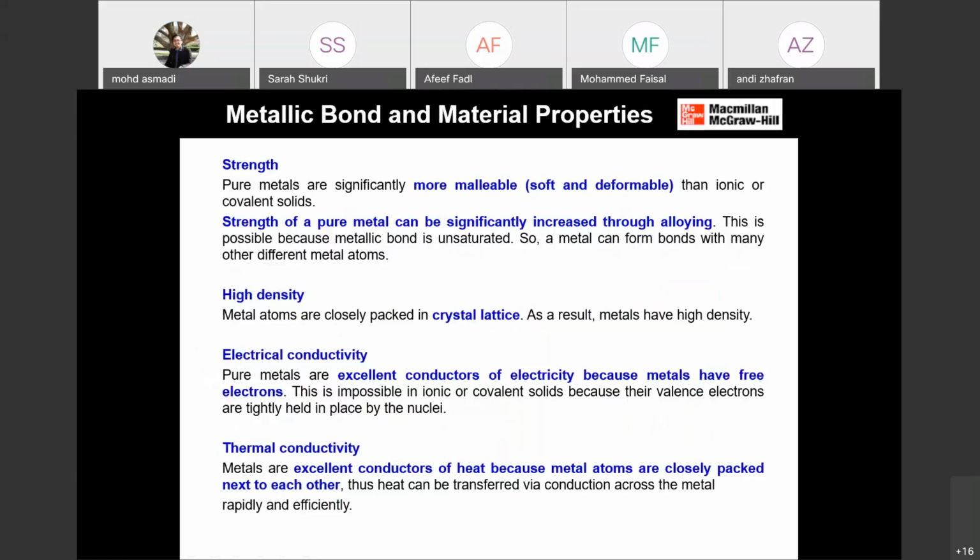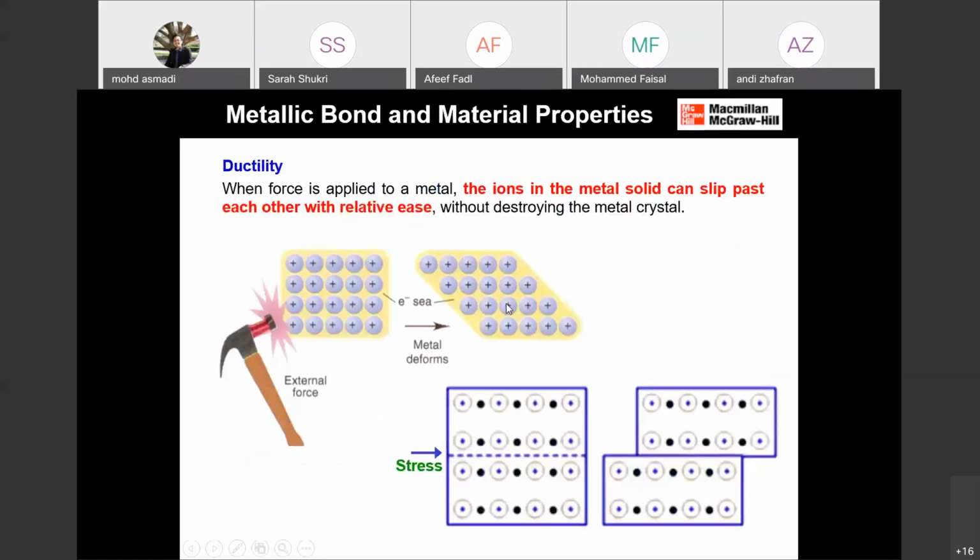So these are the properties of materials which have a metallic bond. You can read what you have written in the chat box as well as in the Padlet. This one is mechanical properties, electrochemical response is good, and thermal capacity is good. Ductility, just like a metal, right? So it can easily slip. It's not like ceramic, because the ions easily slip.